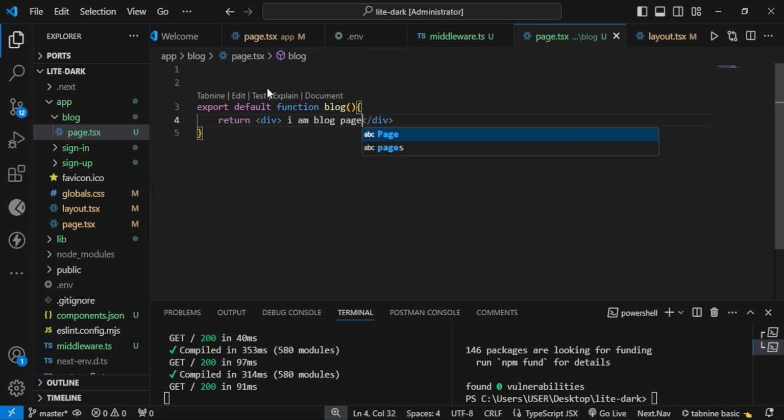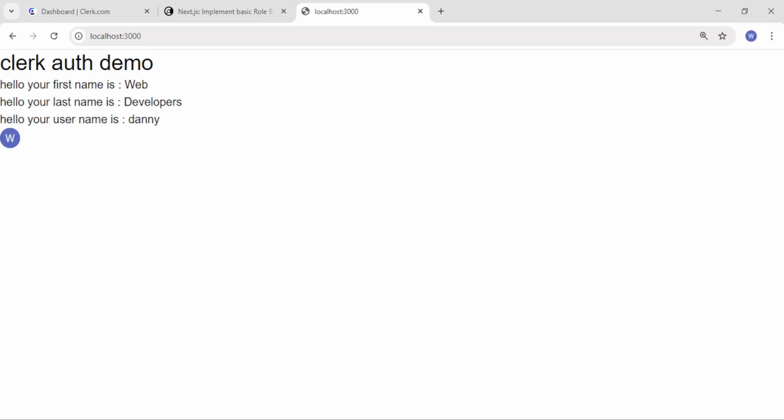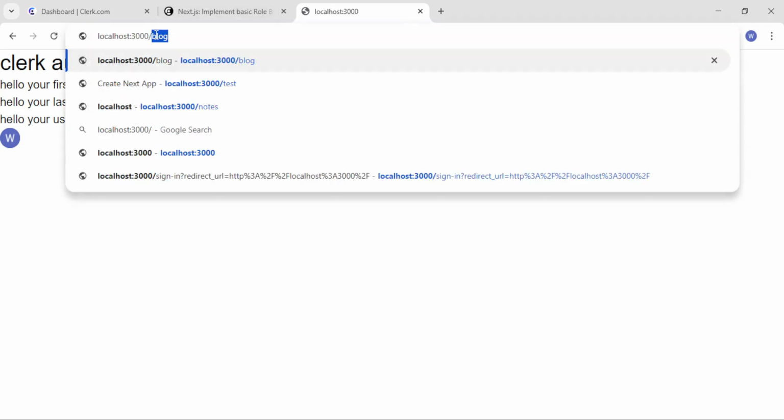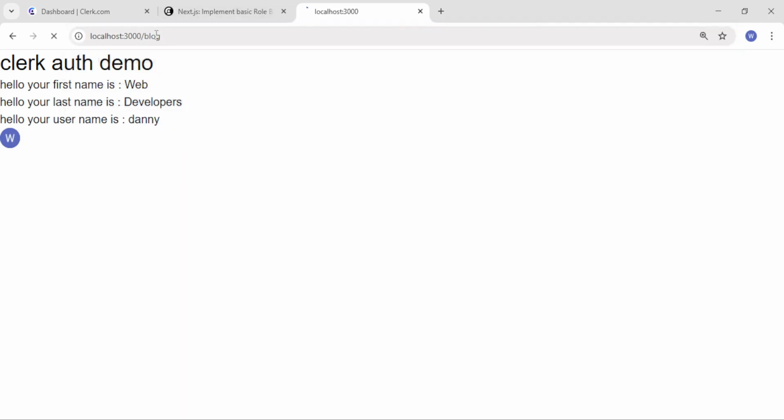Great. We want to test this one. Is this one publicly accessible? By default, it should be protected. So anything you create is going to be protected. But how do we make it unprotected? I'm just going to show you in a sec. But let me first show you this page is protected. Okay, let's move in application. Now we are already signed in. So it should be available because we are signed in. Okay, great. /blog